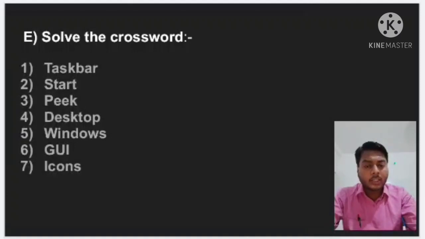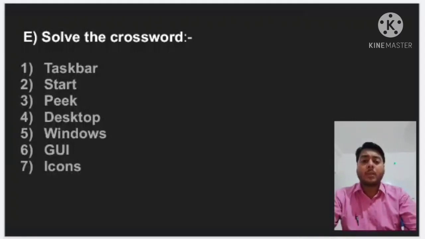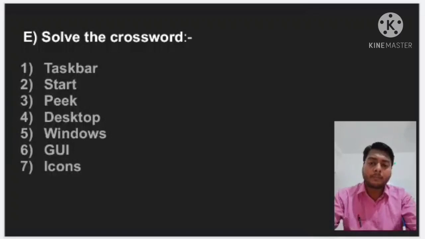The taskbar shows all these things available on it, which is at the bottom of the desktop. Got it? Second number, a button on the taskbar that displays a list of programs when clicked. That means what type of application you want to open, a list of programs. There are so many types of programs. So if you want to show the list of all programs, you go through the start button.